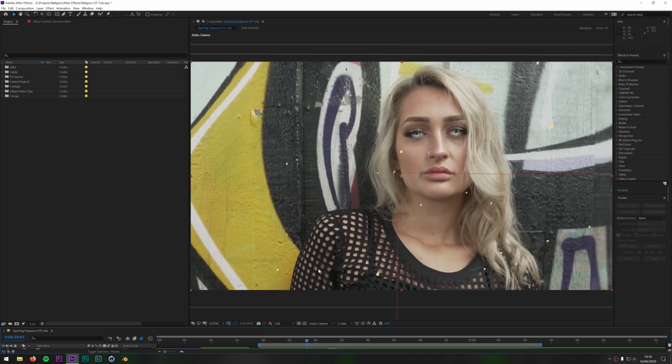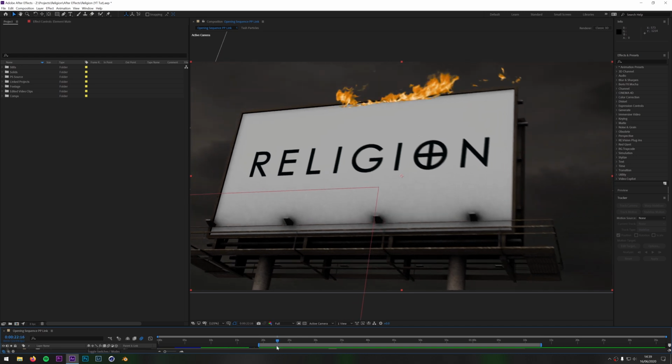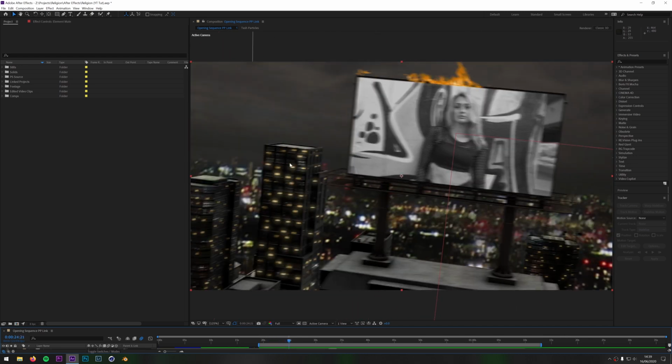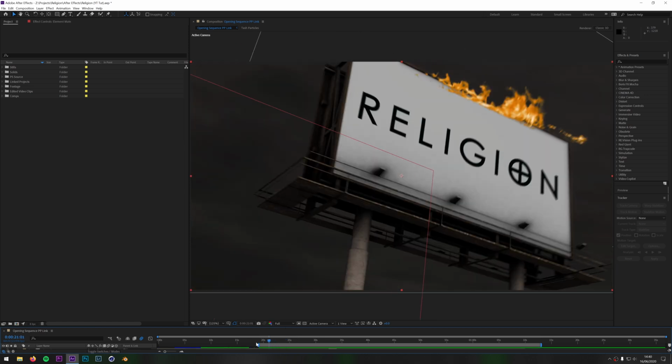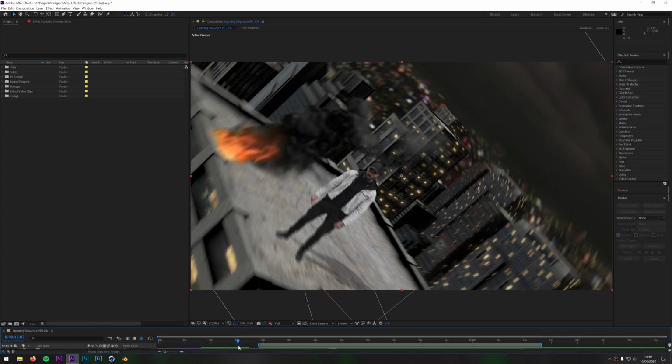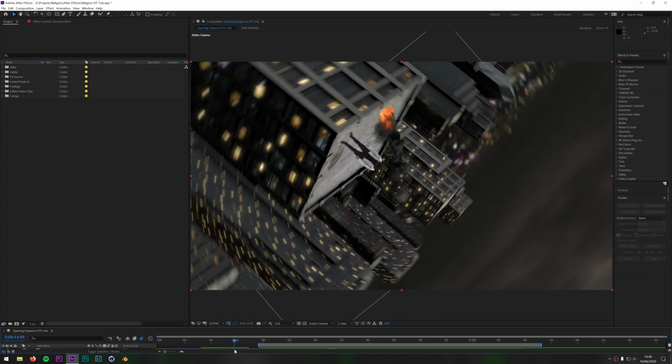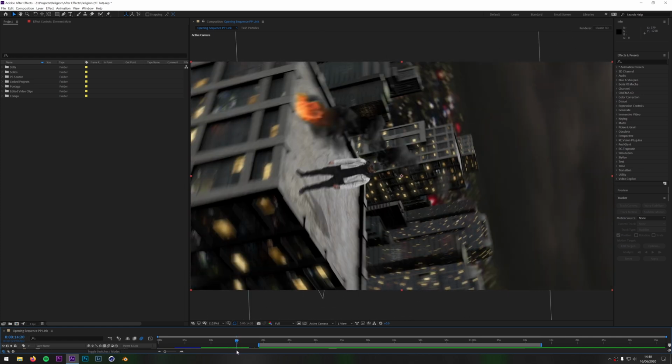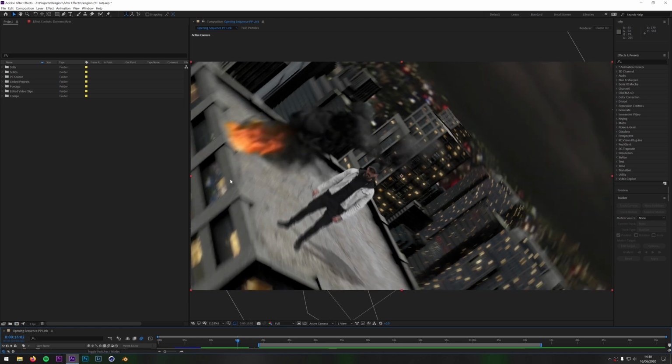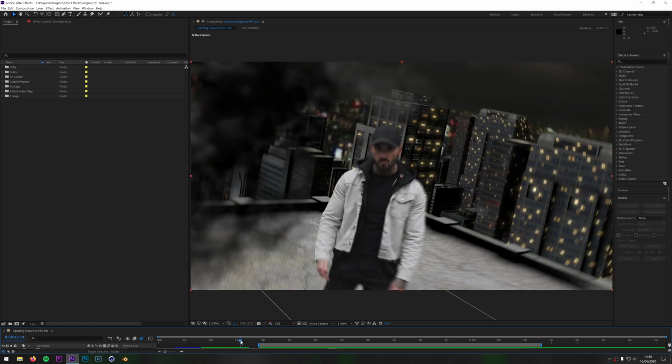Now I am going to actually do a video on how I created this whole scene. So how I got these buildings in here and whatnot, how I created the whole scene. I'm going to do a video on this part here of the composition, which is where the camera comes down, flies down towards me, and I'm just pointing towards the left. But this technique here is very similar to what I've just shown you, where I've created a 3D position and then attached myself to that position, and the same with the fire. But instead of on a billboard, I've done it on a building, and I just happen to be keyed out in front of some green screen, and it's just some really good timing, really.